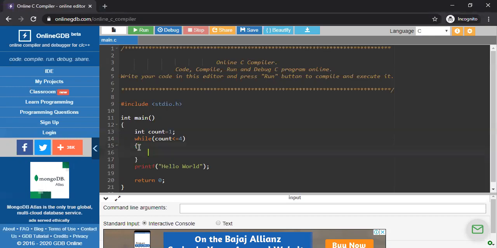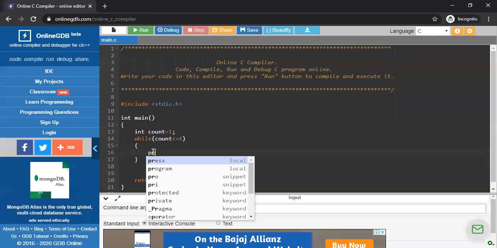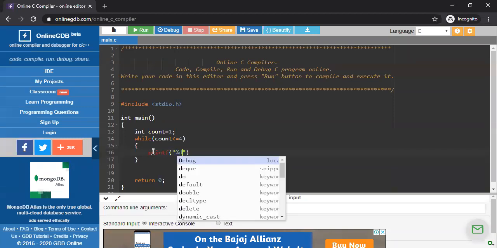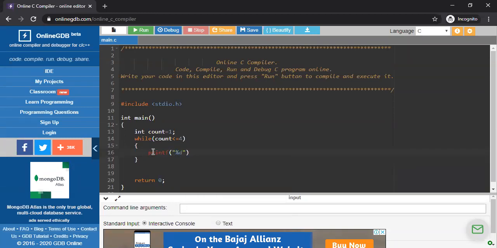After that, I'm going to print here. Now I'm going to write some statement. If my condition is true, then the compiler enters into the while body according to my flowchart. Now I'm going to print my counter. Suppose I'm writing here %d, comma, count.